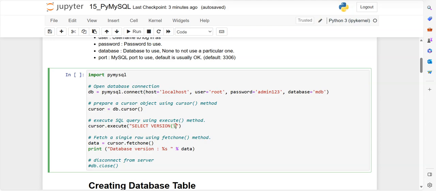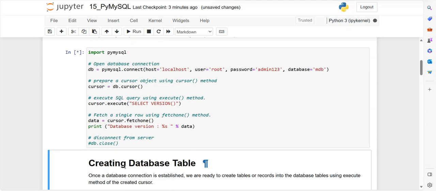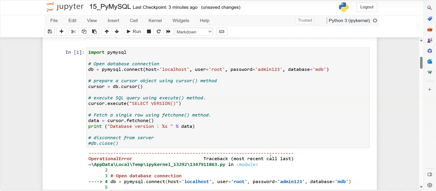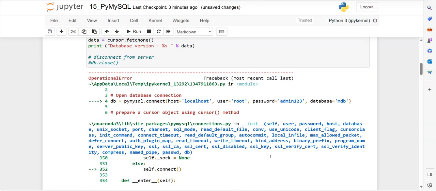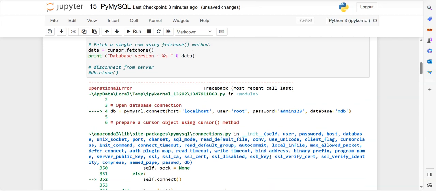For example, I'm just checking the version of MySQL. This is my query, and then fetchone, which means it will fetch one record. data equals cursor.fetchone, and then using a print statement I am printing the database version. The format specifier is %s, which means string. When I run this, the database doesn't exist,